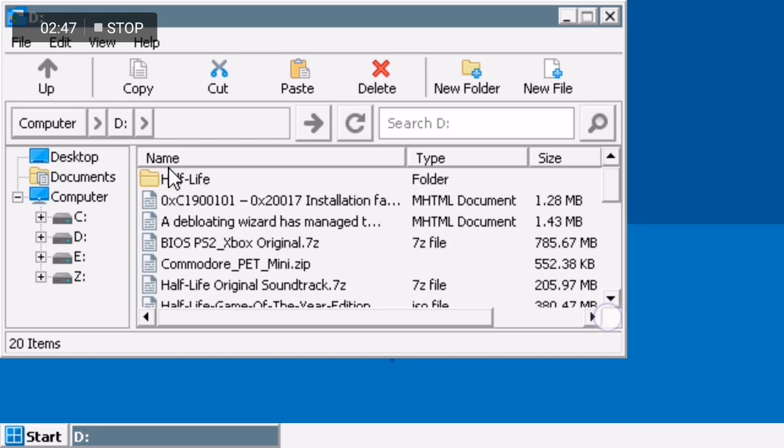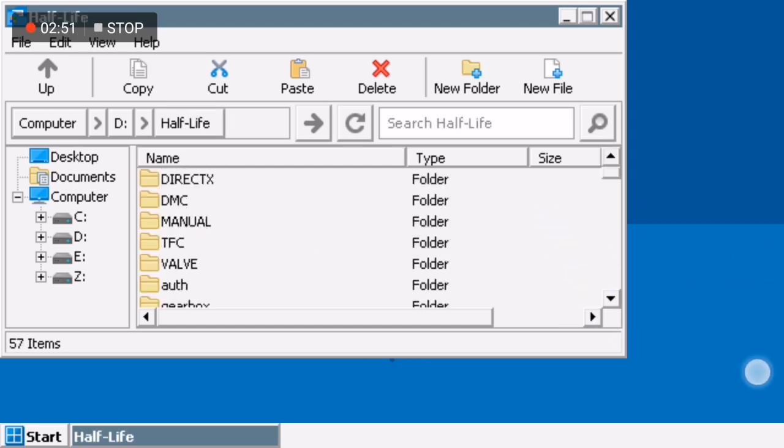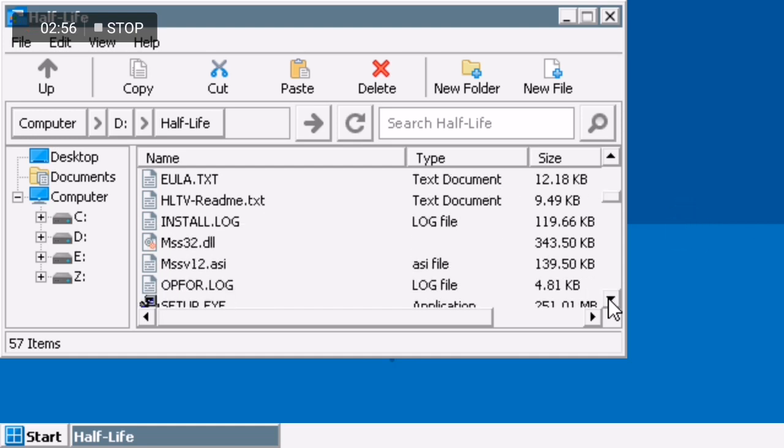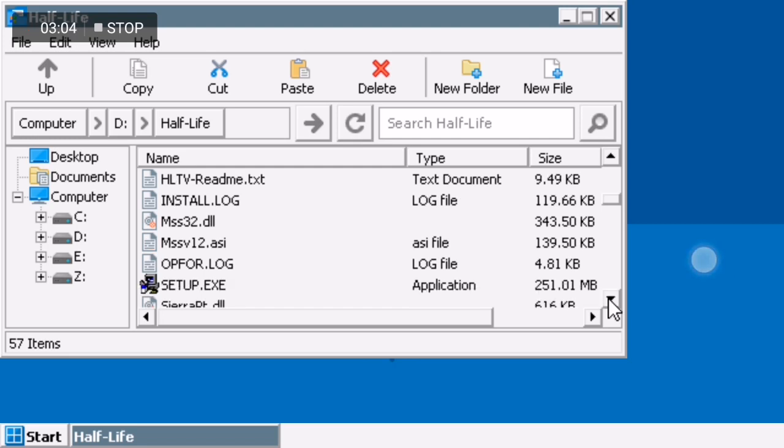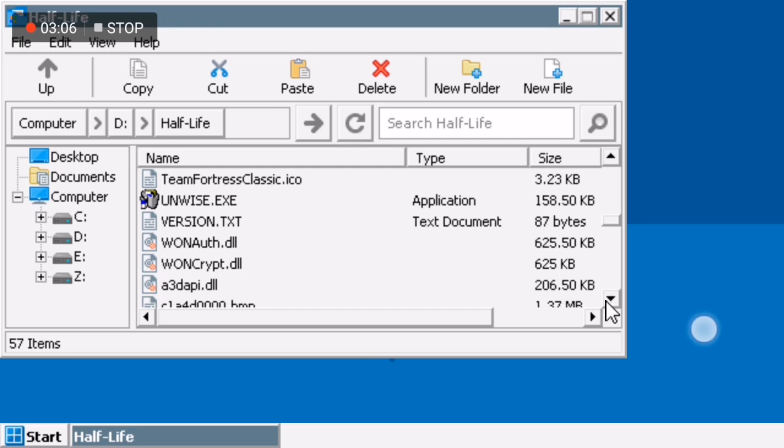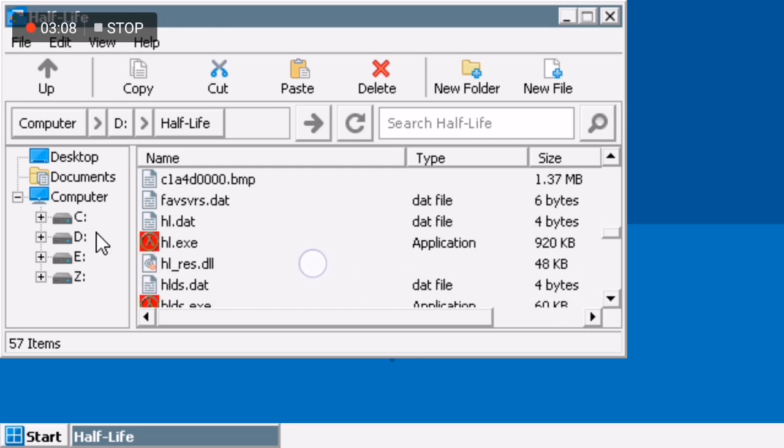So I'll open that up. I have a copy of Half-Life. So we'll try to run this. Obviously there's far better ways to run Half-Life on Android. Far easier ways. But this is one way, and a very terrible way. So on hl.exe,